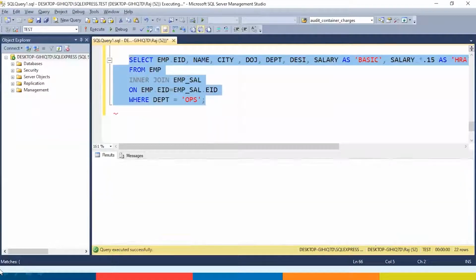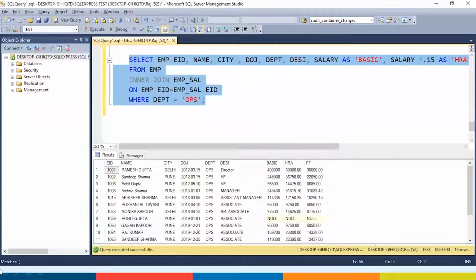So I hope you understand that I have created a join over here. So this join is getting the details from the employee and the employee salary table, and also it is doing some calculation for HRA and PF, and it is giving the salary details of team member.